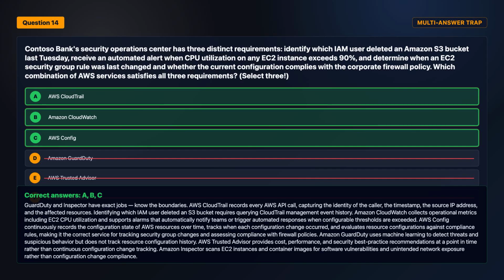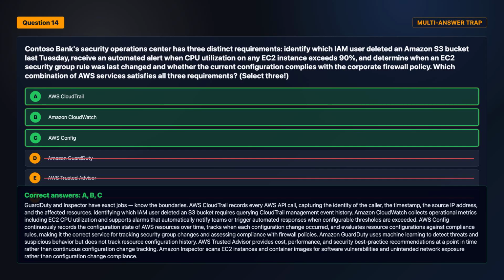Amazon CloudWatch collects operational metrics including EC2 CPU utilization and supports alarms that automatically notify teams or trigger automated responses when configurable thresholds are exceeded. AWS Config continuously records the configuration state of AWS resources over time, tracks when each configuration change occurred, and evaluates resource configurations against compliance rules, making it the correct service for tracking security group changes and assessing compliance with firewall